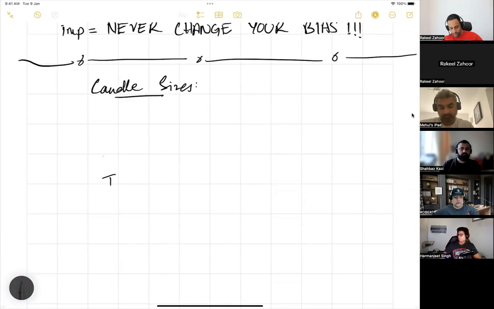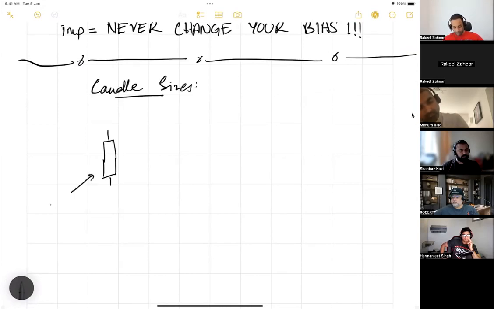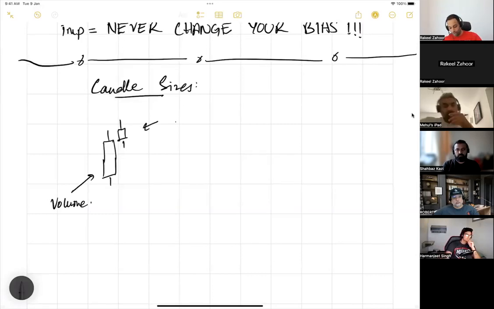Whenever you have a big candle forming, right? Let's say this is a big candle forming. A big candle means that there's always volume. Then after a big candle, what you're going to see is that the candle bodies just start to get smaller. So whenever the bodies of the candles start to get smaller, this means that the volume is decreasing